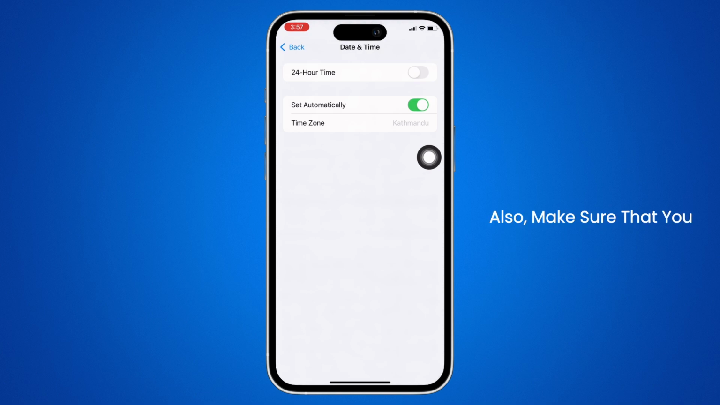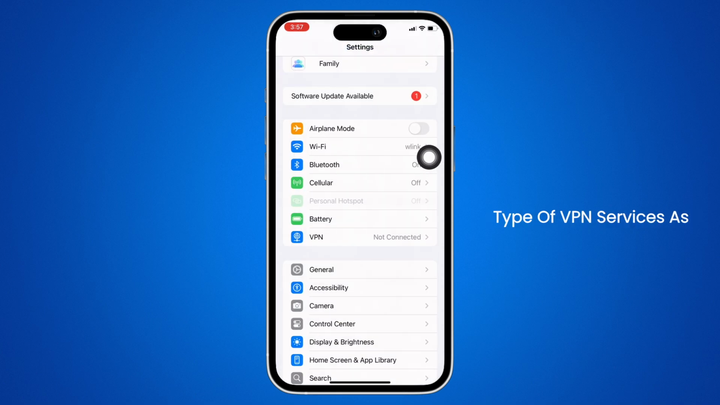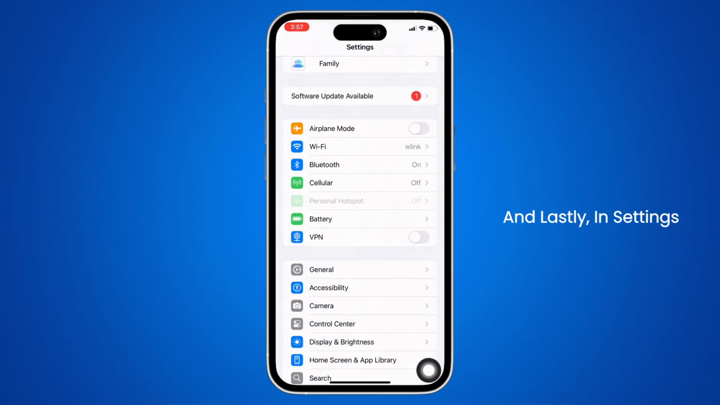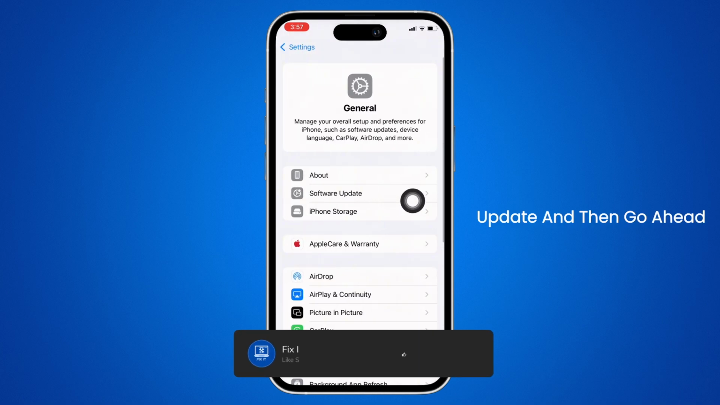Also, make sure that you are not connected to any type of VPN services, as if you are connected to VPN, it might block your search request. So disable the VPN. And lastly, in settings again, tap on general and then on software update, and then go